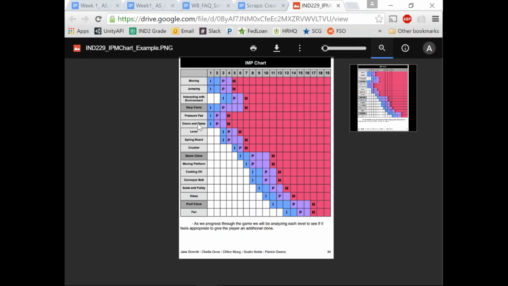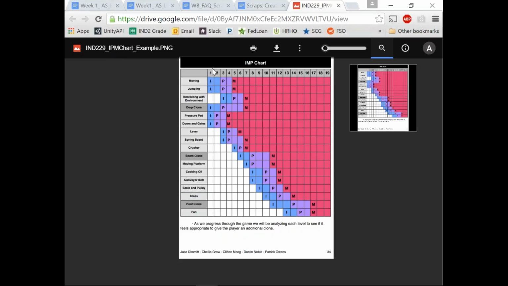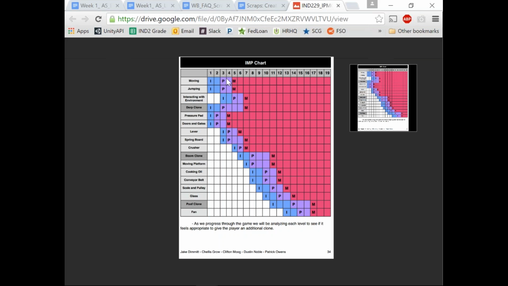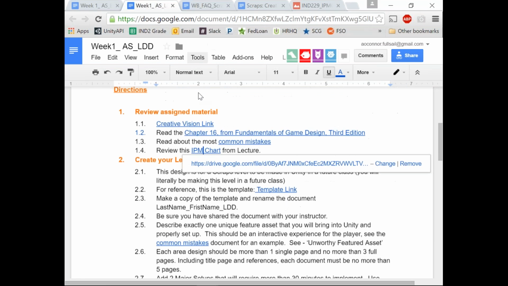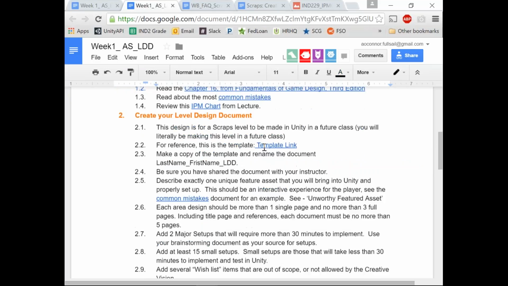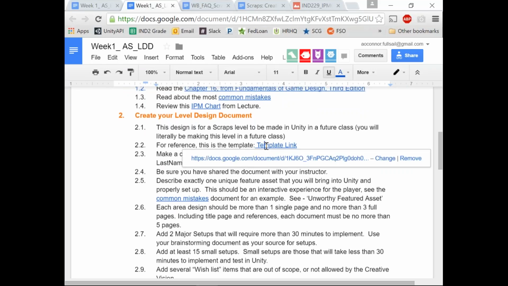So that is how you would actually build this, and this is a very common thing that's used in the industry. In the IPM chart, that name is something that came from a few of our instructors in Final Project, that they really liked that model and they saw it being used more widely throughout. Those words could be interchanged with something, but IPM refers to introduce, practice, and master. So we'll see that again on the actual LDD. So you can read through this, make sure you're following these instructions, but let's take a look at the template